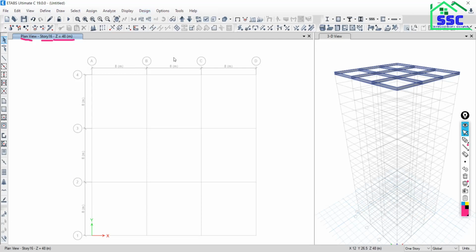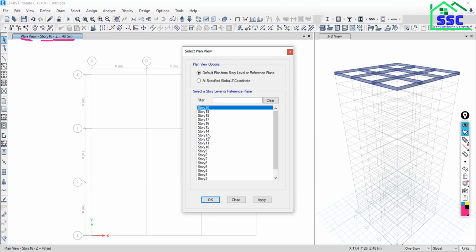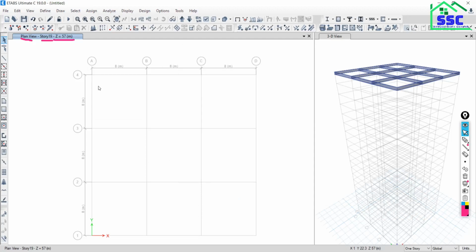Yeah. Suppose there are 100 floors, and you are at the 80th floor, and you want to come to the 79th floor. So go to plan, and then find, suppose these are 200 floors, and these are 190 floors. Okay, let's check. I am at 20th floor, and I have to come to the 19th floor. So 20 to 19, then say apply. So it is the best way, or is it directly this way.